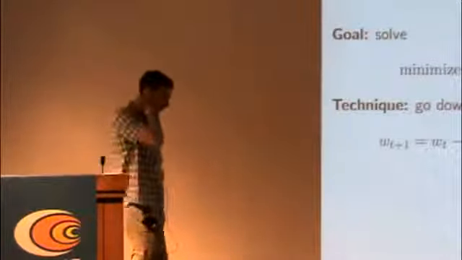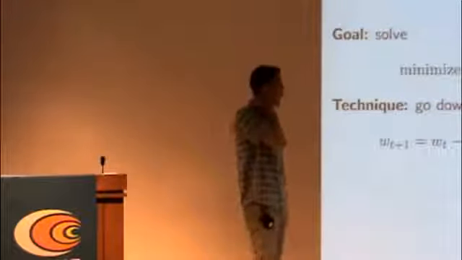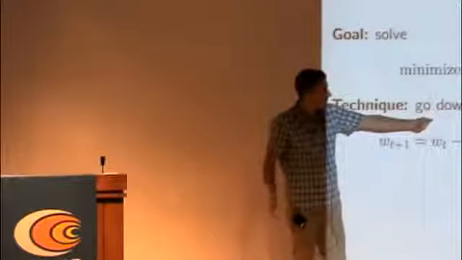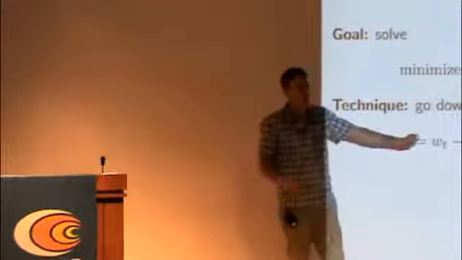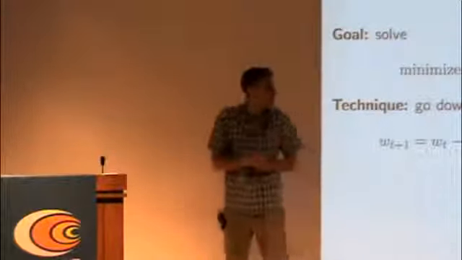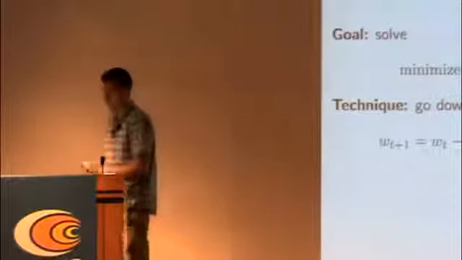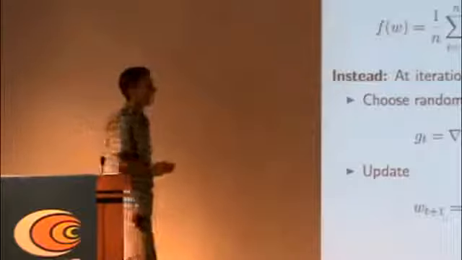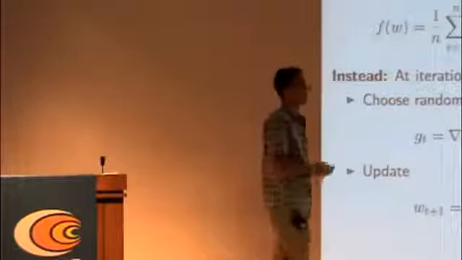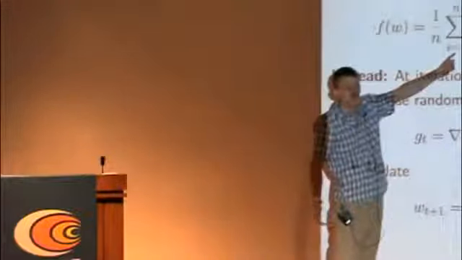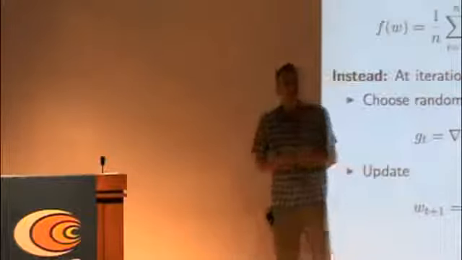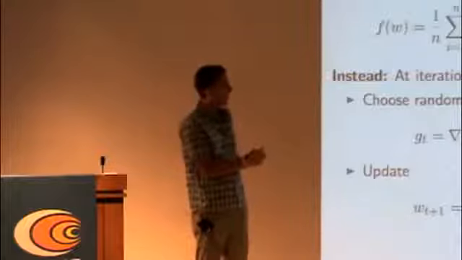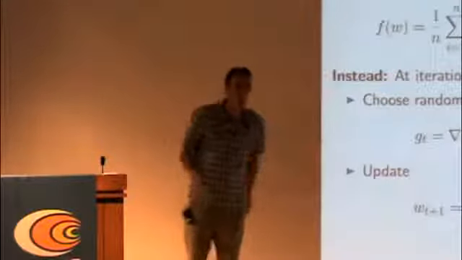The simplest way to solve problems like this that we've all seen is gradient descent. We have our function f of w, we take the gradient of the function, we want to minimize it, so we just follow the negative gradient down. And if you do that, you're going to minimize the function. Now, in the cases we care about, it's sometimes expensive or tough to compute this empirical expectation. Sometimes we don't even know the distribution. And sometimes n is very, very large, so we don't want to compute it.